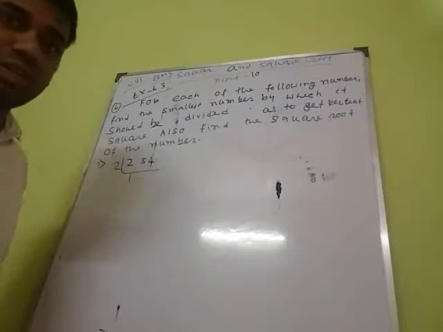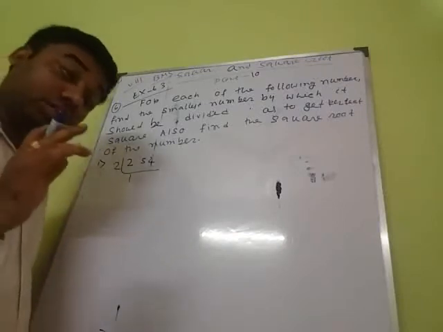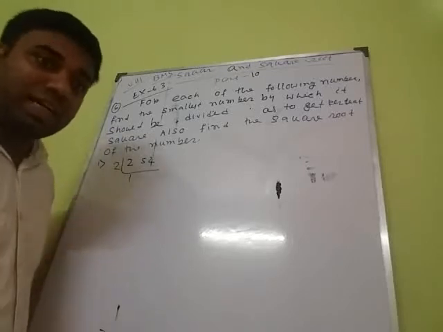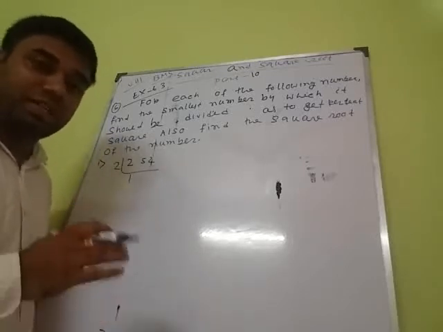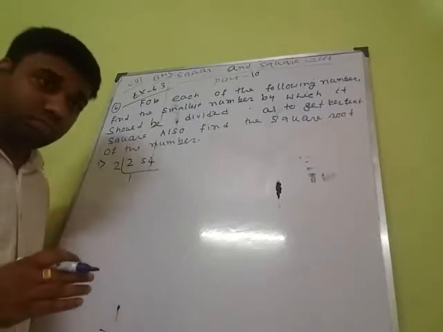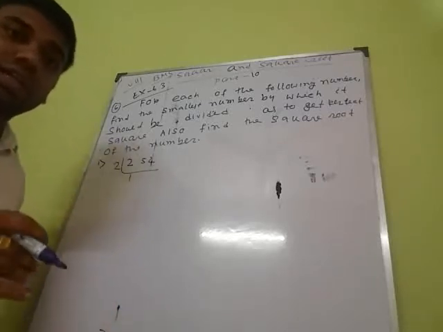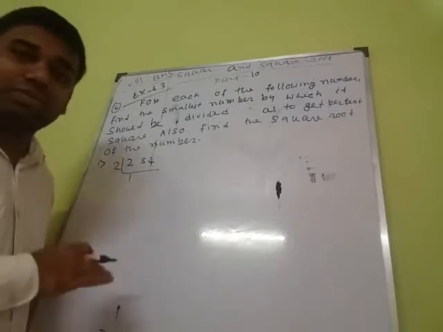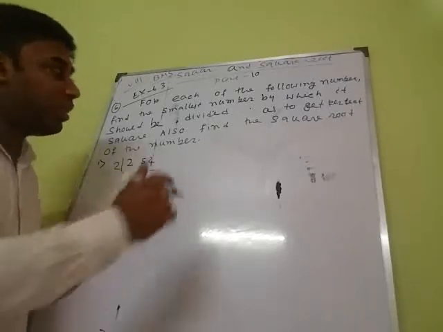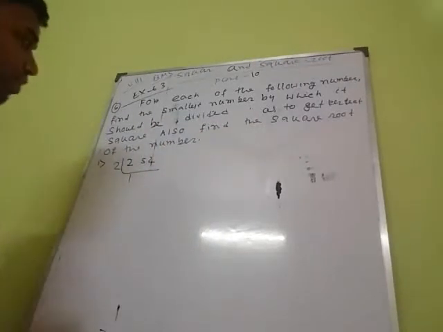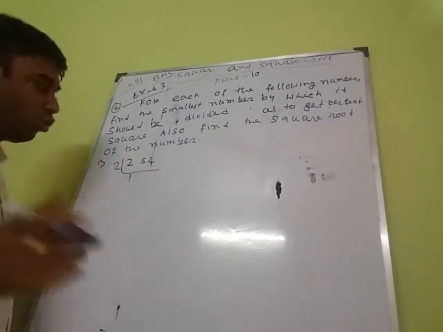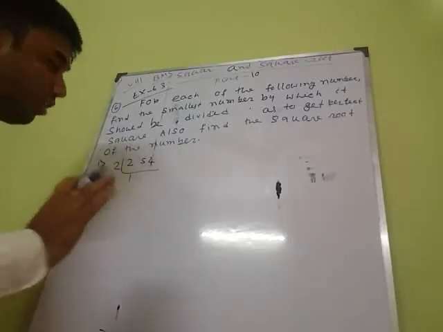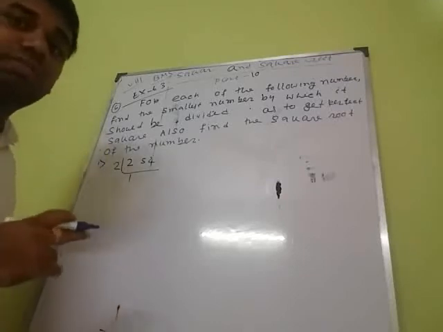So many numbers are given. You have to divide each by the smallest possible number such that after dividing, the quotient changes into a perfect square number. Previously we did this type of sum by multiplying, here we divide. Okay, so the first number is 252. It is clear that 252 is not a perfect square number. Now first do the prime factorization.